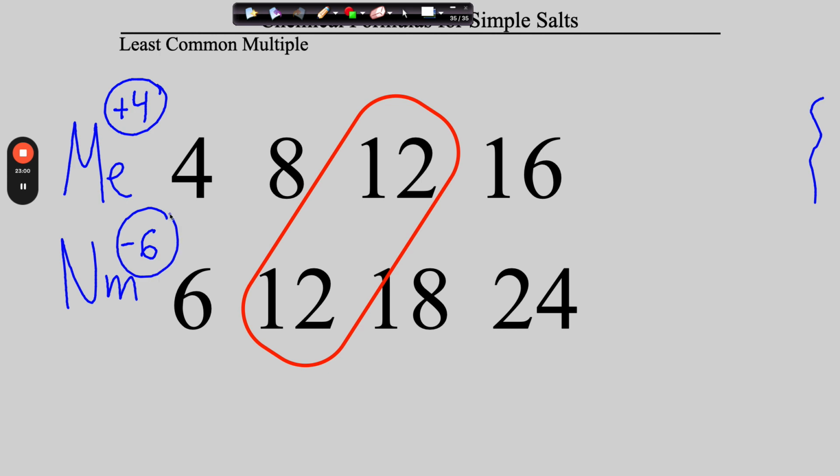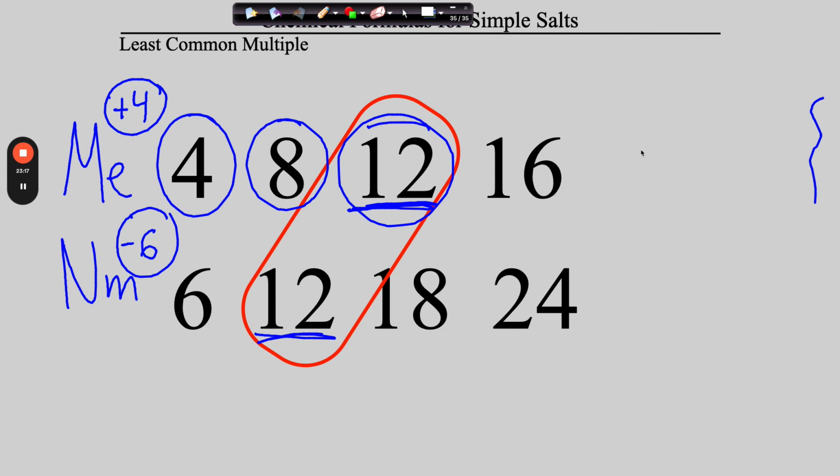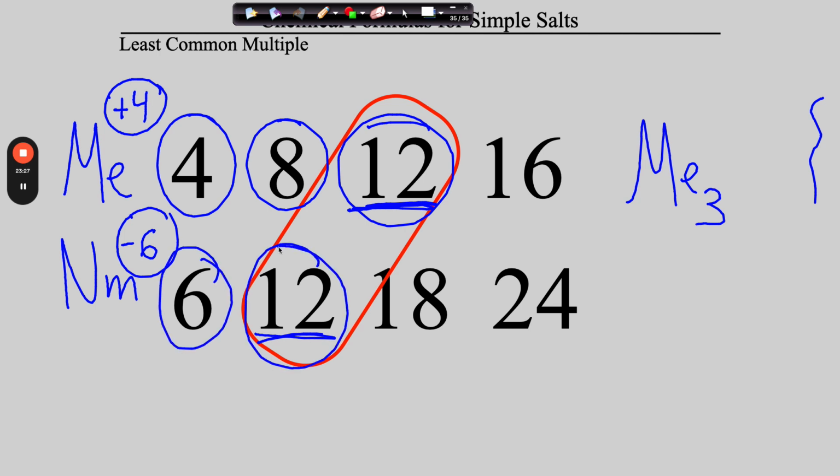So where is the first place that +4 and -6 meet up? And guys, the answer is right here. The first place that these meet up is 12. So in order to do this, we need 1, 2, 3 of our metal atoms. Then to make a -6, we need 1, 2 of our non-metal atoms, and that would make the formula for our salt